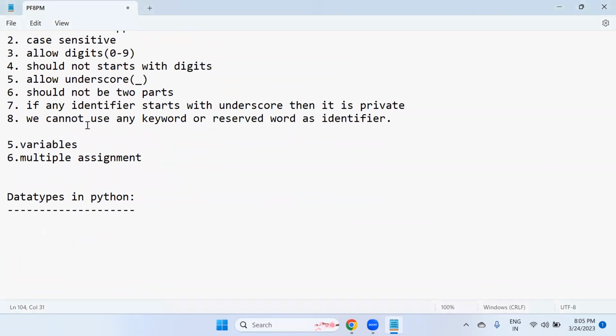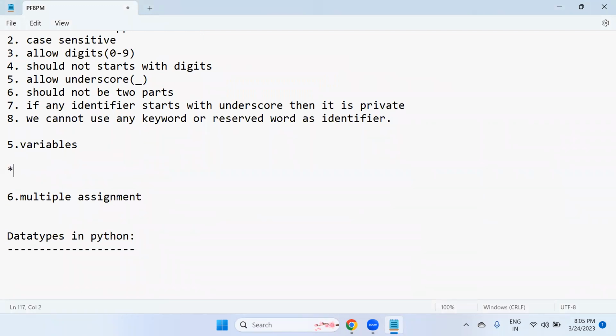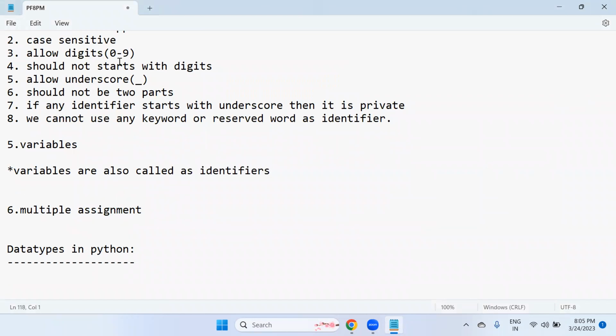So variables are also called identifiers in Python.